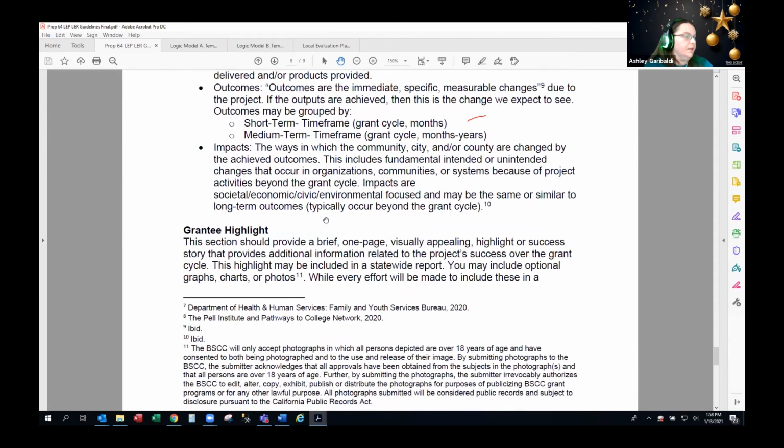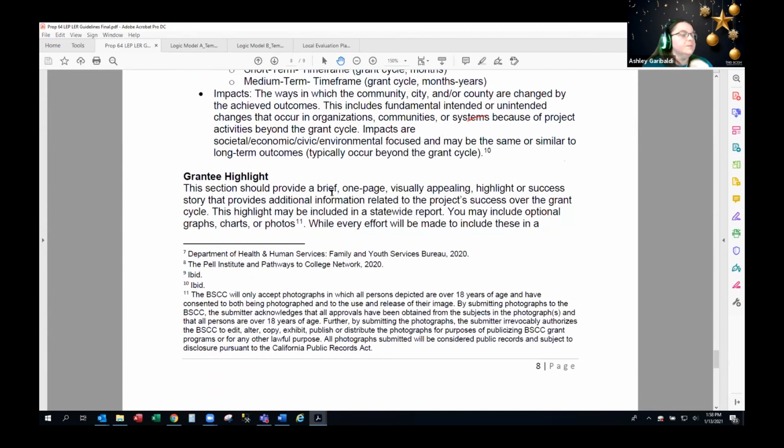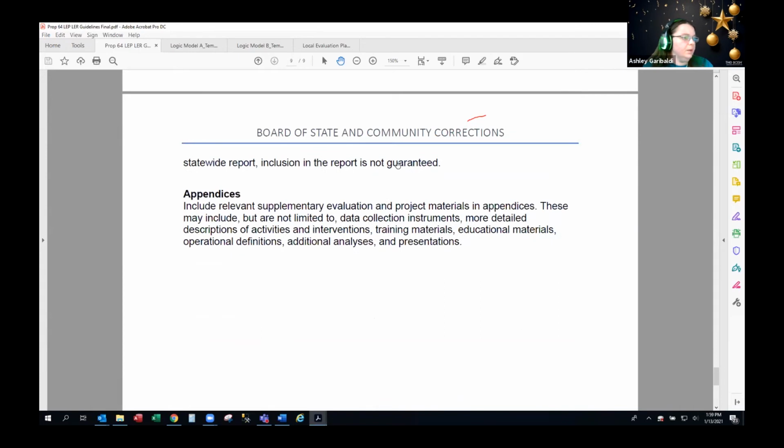And then a grantee highlight, which is always interesting and helpful to read through. Maybe a specific student was helped, or land was cleaned up because of the remediations from the successful inspections you've done, etc. And then appendices of anything that you find valuable that would help. Could be the same appendices and attachments you used before as well.